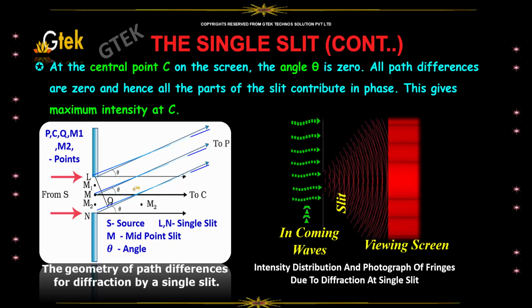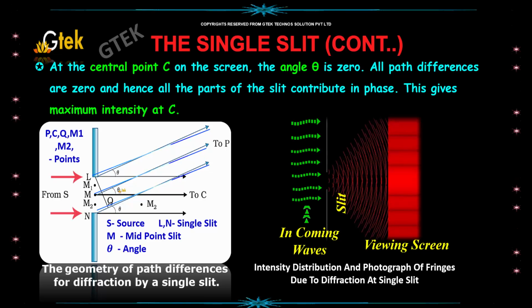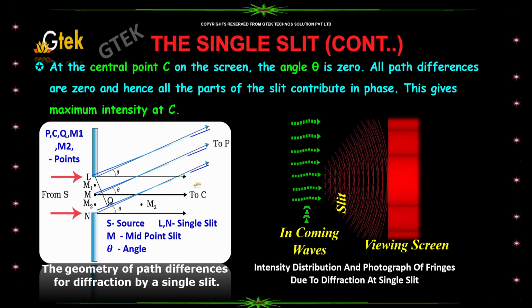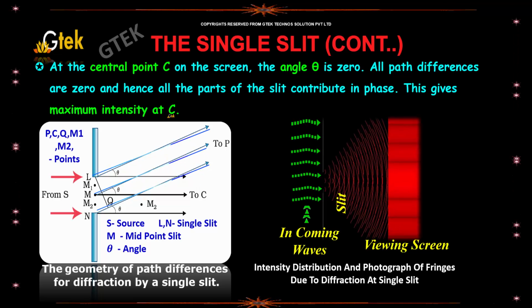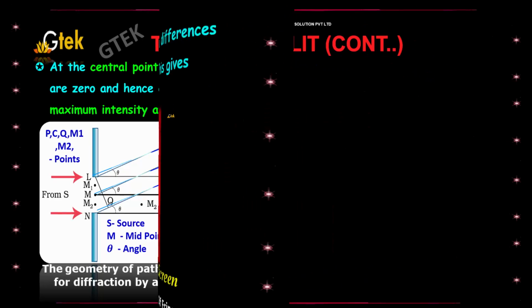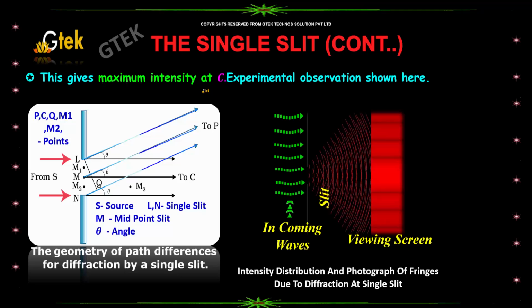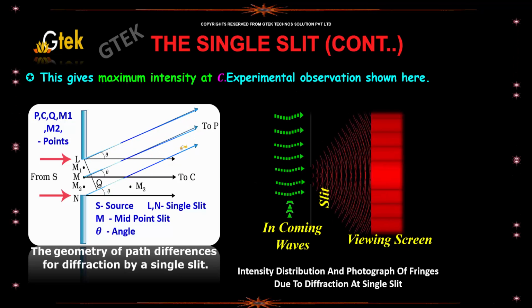At the central point C on the screen, the angle theta is 0. All path differences are 0, hence all the parts of the slit contribute in phase. This gives the maximum intensity at C, and the experimental observation is shown